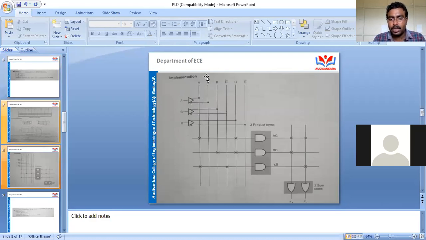There are no feeders for these lines if you didn't mention these input buffers. Okay, and these are programmable AND arrays. Programmable AND arrays means you can have a connection from all, but from which connection you need, that we will be taking. We can change the program here. If you want a connection from A bar, we can have a fuse. If you want a connection from A, we can have a fuse. According to that, we can program it. So it is called a programmable AND array. In a similar fashion, I'm having a programmable OR array. That is why this is called that. PLA will have a programmable AND array and a programmable OR array here.